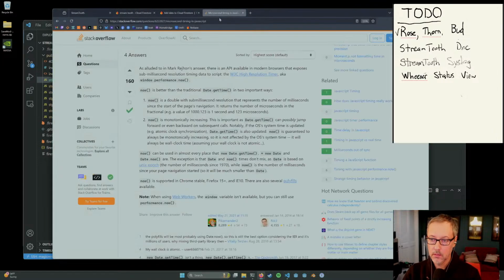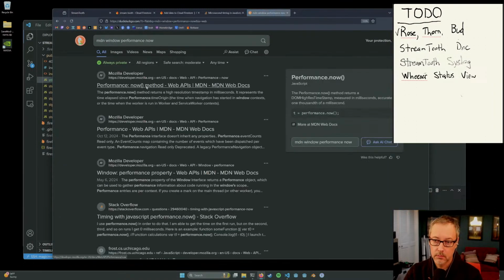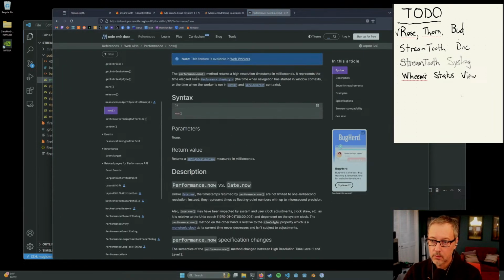Let me check MDN, window.performance.now. Returns a high-resolution timestamp in milliseconds. It represents the time elapsed since performance time origin, the time when navigation started in the window context.